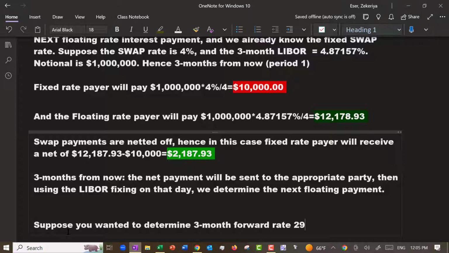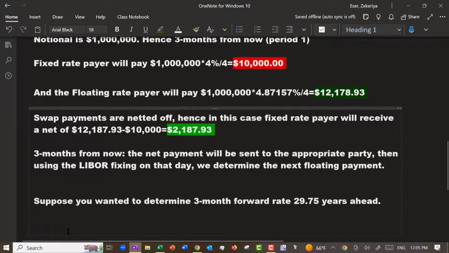Okay. The 3-month rate, let's say it is 5% now. The 30-year rate is, let's see,